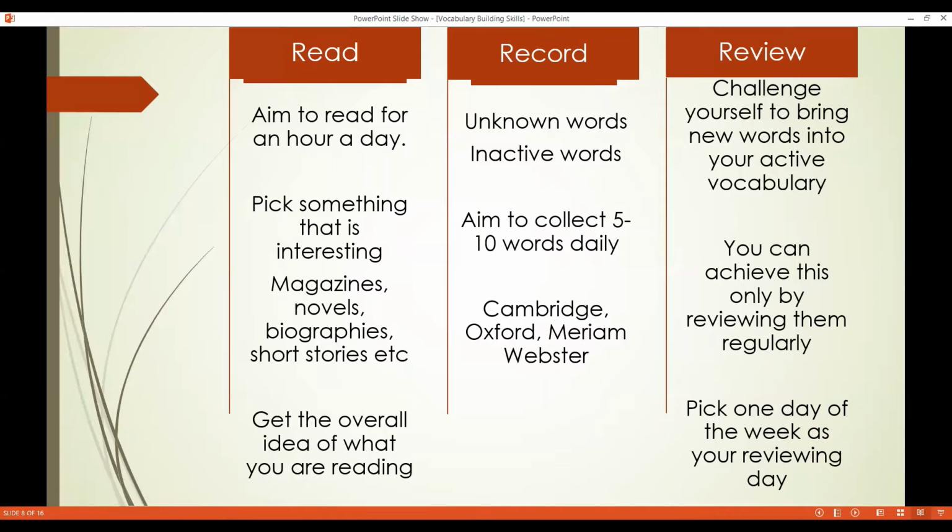Do not get overwhelmed when you are looking at words that you do not know the meaning of, and do not try to find out the meanings of those words while you are reading. Keep those words aside, maybe in a column in your rough register which you have kept specifically for your reading and recording of words. Later on, you can find out the meanings, and not only the meanings, but the usage of those words in sentences. That's how you can improve. So keep an hour a day for yourself, okay?